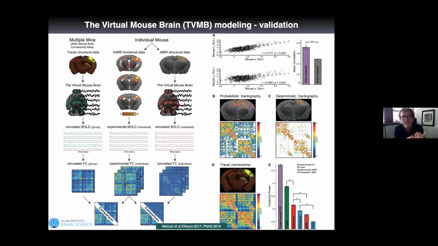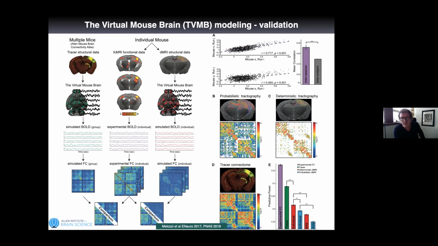For the multiple mice, this is coming from the Allen Mouse Atlas, because there it's coming from tracer data. So personalized or individualized information is not the case. However, you have high resolution information there, beautiful data. From the tracer data, you can construct the virtual mouse brain, and you can simulate the source data, project on BOLD data, simulate it, and can then compute your favorite metrics for evaluation,